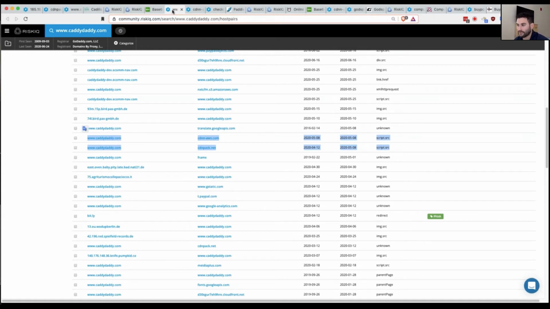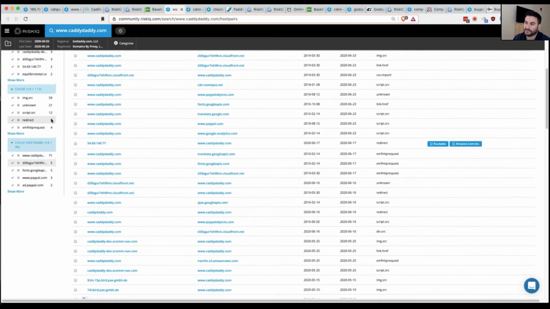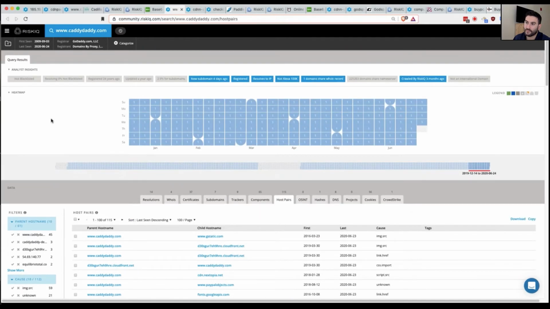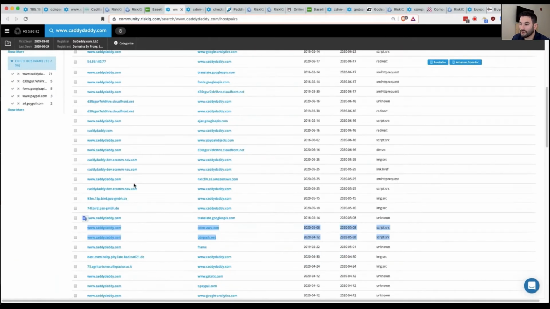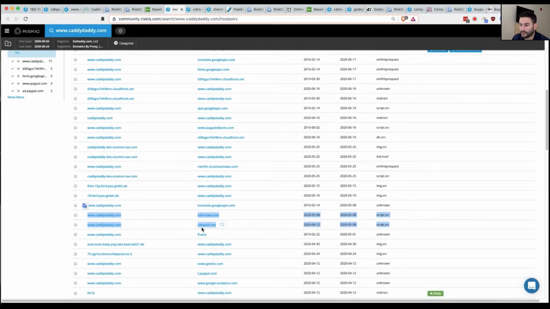The next part that we want to do is see if this attack has proliferated, has it moved somewhere else, has it changed nature, is it affecting other sites? So what we do here is we're coming back to our search and PassiveTotal of caddydaddy, right? This is the main section that we saw the information relating to that website. Now, what we're doing here is we're coming down to the date that cdnpack.net was being sourced as a script resource for the site. And what we can see is another weird looking domain here,